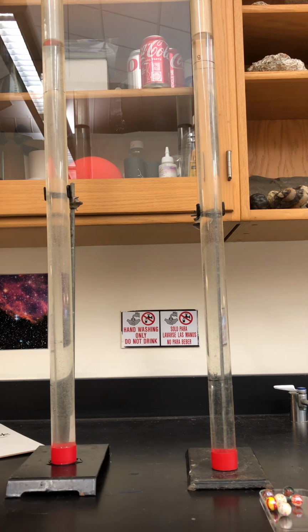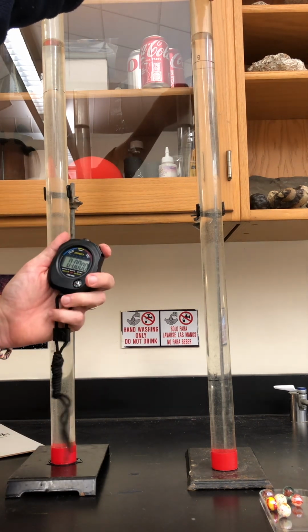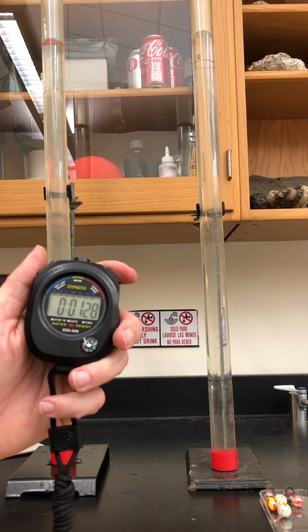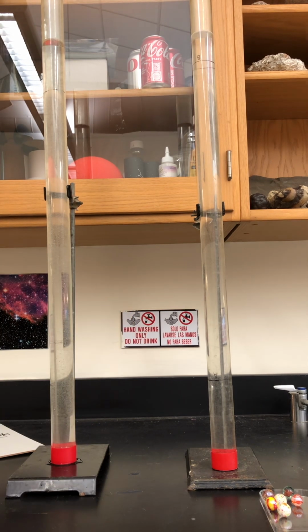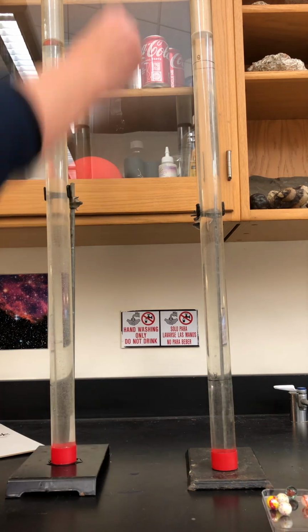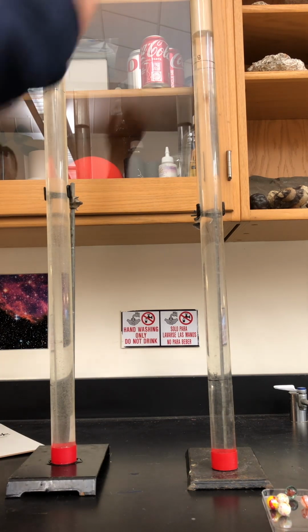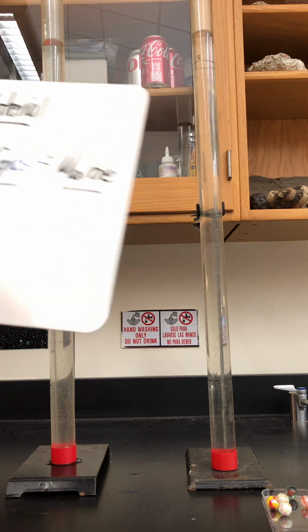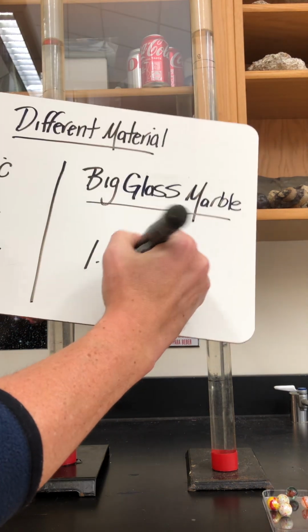This goes really, really quick because we're just dealing with very, very different material and different densities. I got 1.28 seconds. So again, let me just show you, even without the stopwatch, that glass marble is going to travel through very, very quickly. 1.28